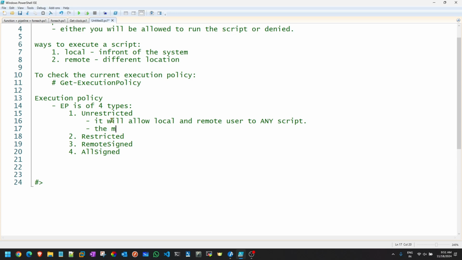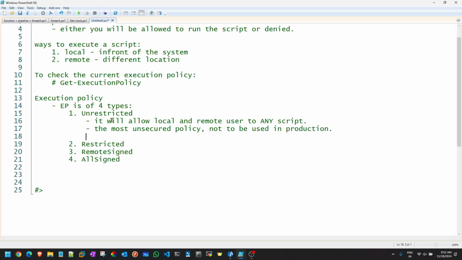This is the most unsecured policy, not to be used in production. This is the most unsecure way to protect your system. It is just like an open system only. Anyone can execute any script, and if you run that script and something went wrong, it is up to you now. So basically, you should not have unrestricted policy applied to your PowerShell.